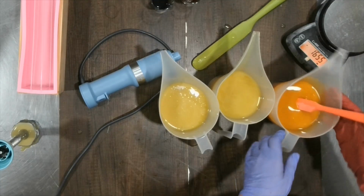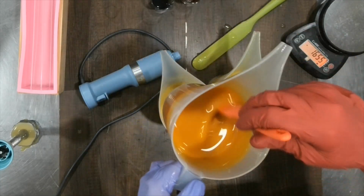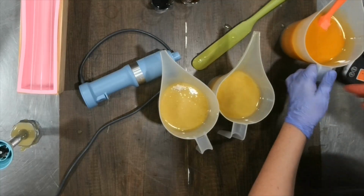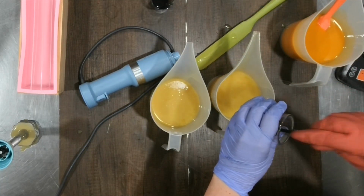All right, at this point, our Annatto is essentially done. It's colored, it's scented. We have an emulsion. We will bring this up to more of a trace at the end if we need to, but let's get our other colors mixed. I'm going to do the madder root first because indigo can accelerate trace,